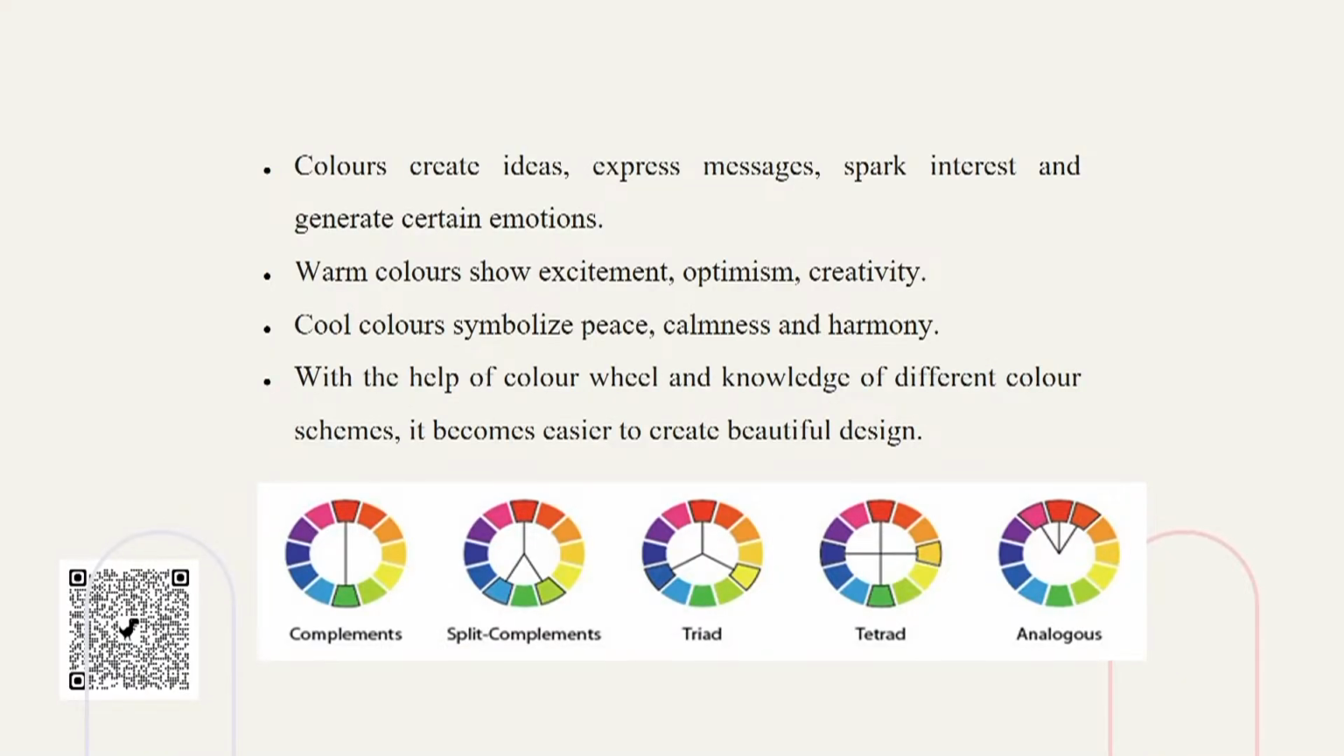Colors have various characteristics. They provide a sense of excitement, optimism and creativity. Color has the power to represent different emotions. Color also symbolizes peace, calmness and harmony. If warm colors are skipped and cool colors are opted, they will represent peace, calmness and harmony. So, with the help of color wheel and the knowledge of color wheel, we are basically able to make it easier for designing any beautiful garment. So, these color wheels will help you